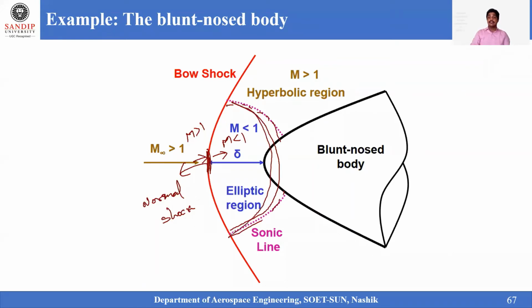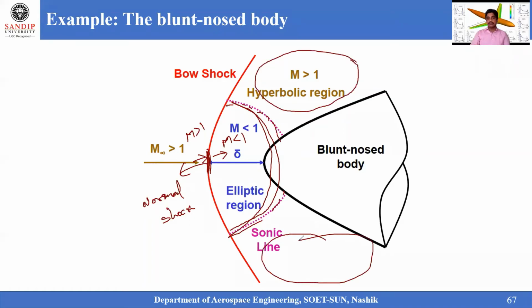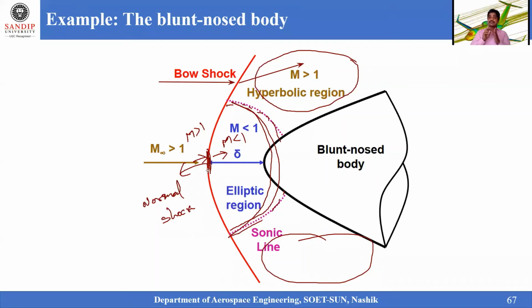And after this region, the flow has again become hypersonic with some Mach number. It may not be the same Mach number, where I have hit with this particular bow shock wave. Here I have some Mach number which is greater than 1. But exactly in the front region, the Mach number has completely dropped and it has become a subsonic region.